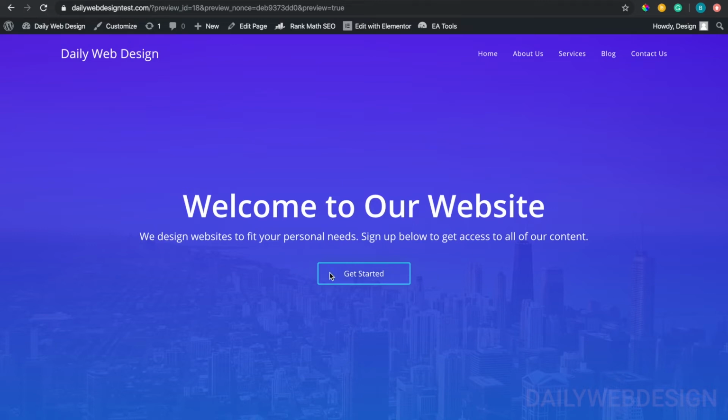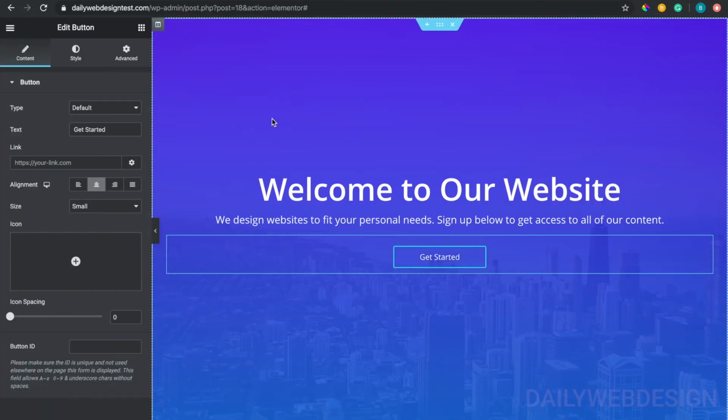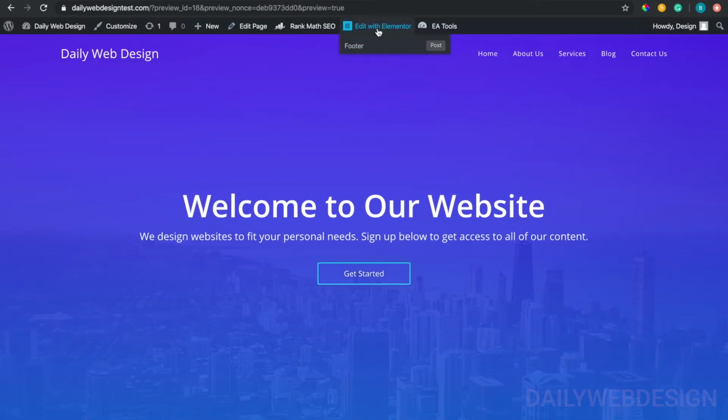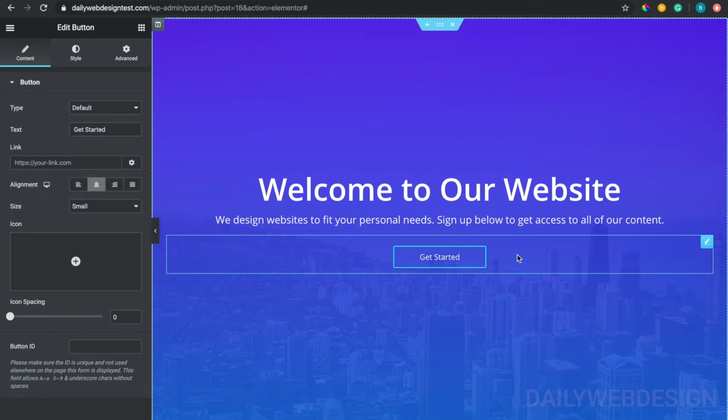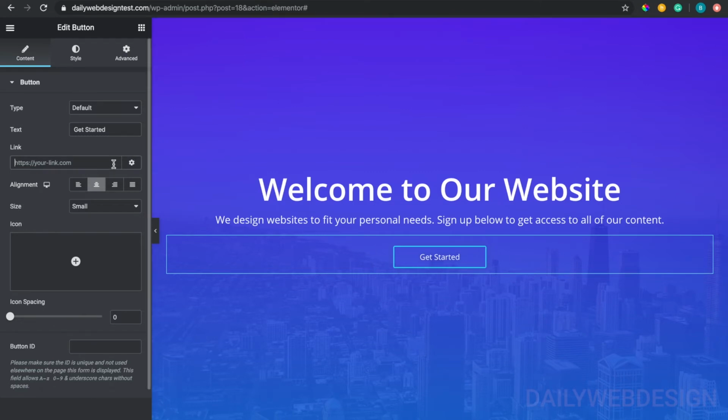So what I want to do now is, when I click get started, I want it to scroll down to a section on the page. So let's go back to the actual editing Elementor section. If you're not here already, just go back and click edit with Elementor, and then click on the get started button. Now I have this highlighted, and all we need to do is what we did earlier with the menu items and put hashtag and services, which is what I titled my